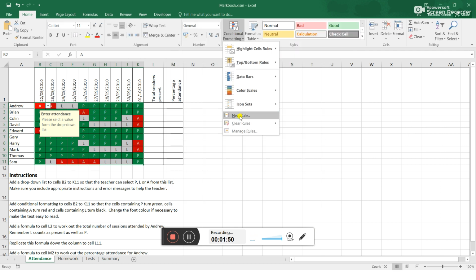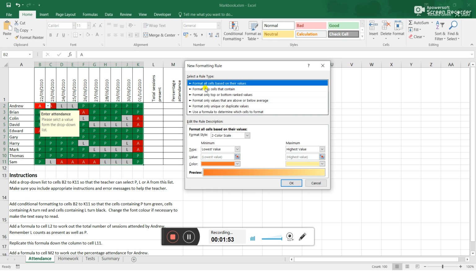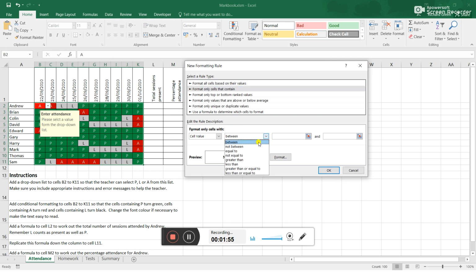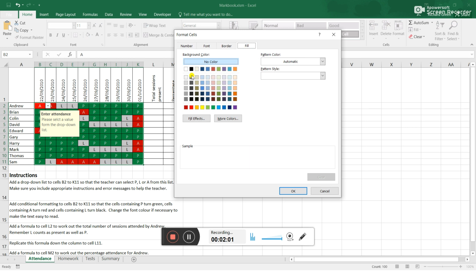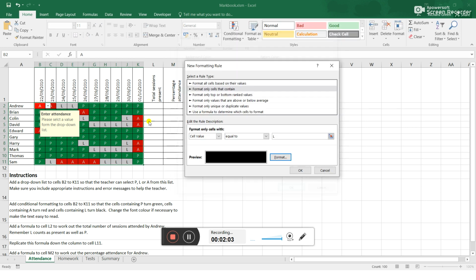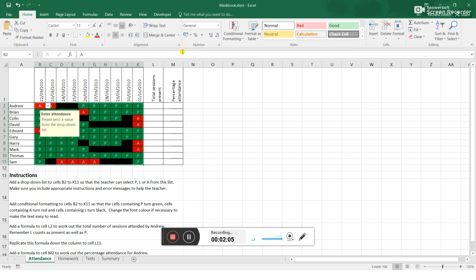And finally, we're going to add another rule: format cells that only contain values equal to the letter L, and these are going to go black. Now you'll notice straight away when I do this, we can't read any of the text,